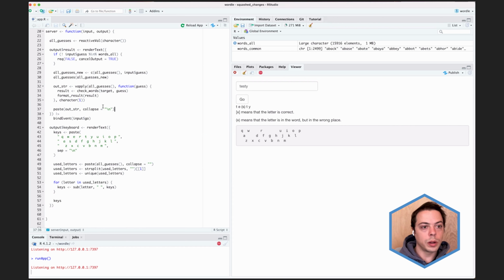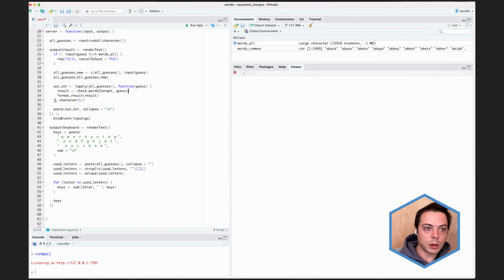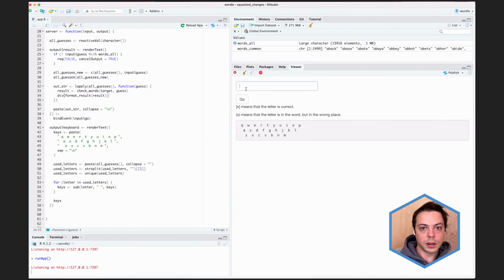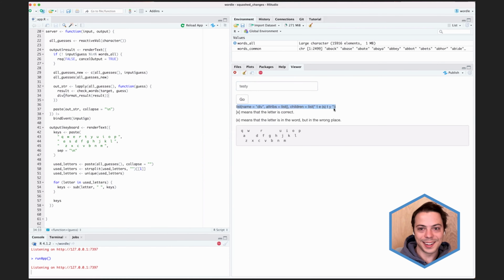So what we are going to do is make this not a vapply, but an lapply, so that it can just be a list. By doing that, we need to get rid of this. And then format result, just to make sure it's working, we can just wrap it in the tags div function. Save that, we can run it. But it gives us this output. And that's just because we're still doing this paste here. So we can get rid of that by just returning